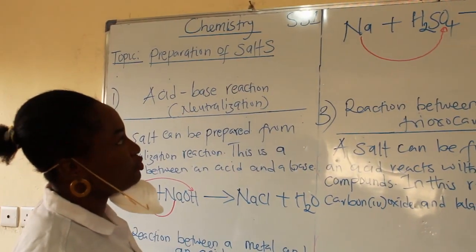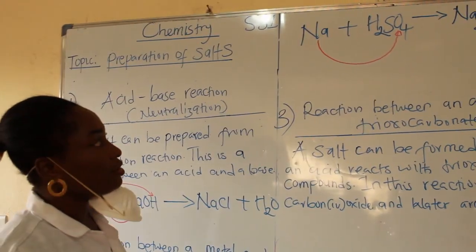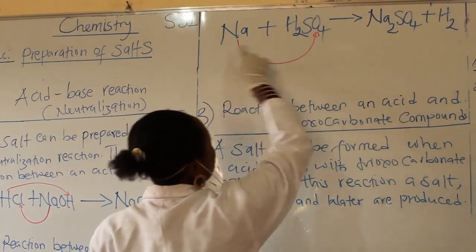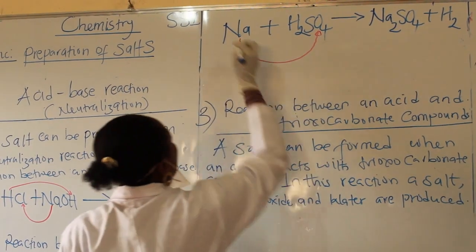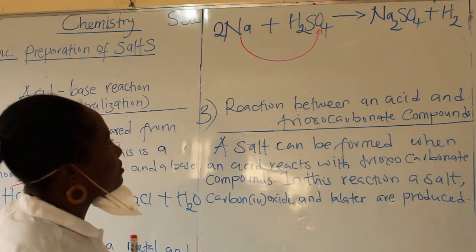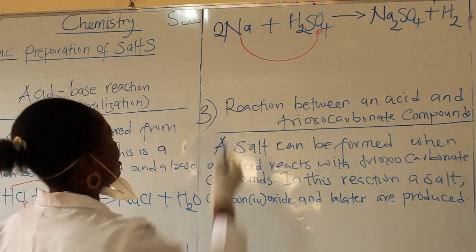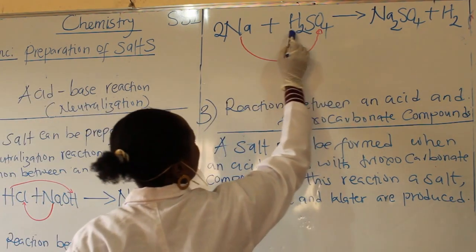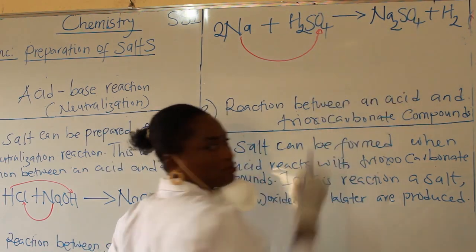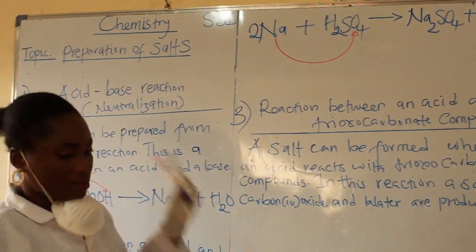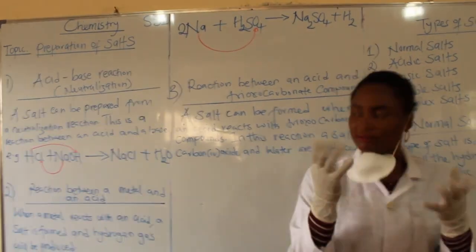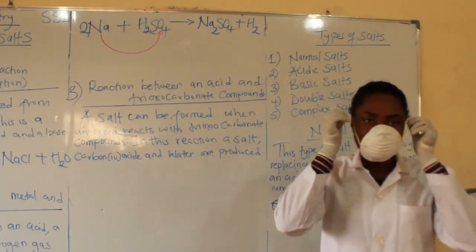Now the next thing you would do is to look at the equation and see if it is balanced. Now sodium is 2 here, sodium is 1 here, but 2 there. So you add 2 here. Now sodium becomes balanced, and the equation is balanced because you have 2 sodium here, 2 hydrogen, and one sulfate. Okay, so we'll just demonstrate this reaction right now. So you put on, remember, your hand gloves and then your nose mask.